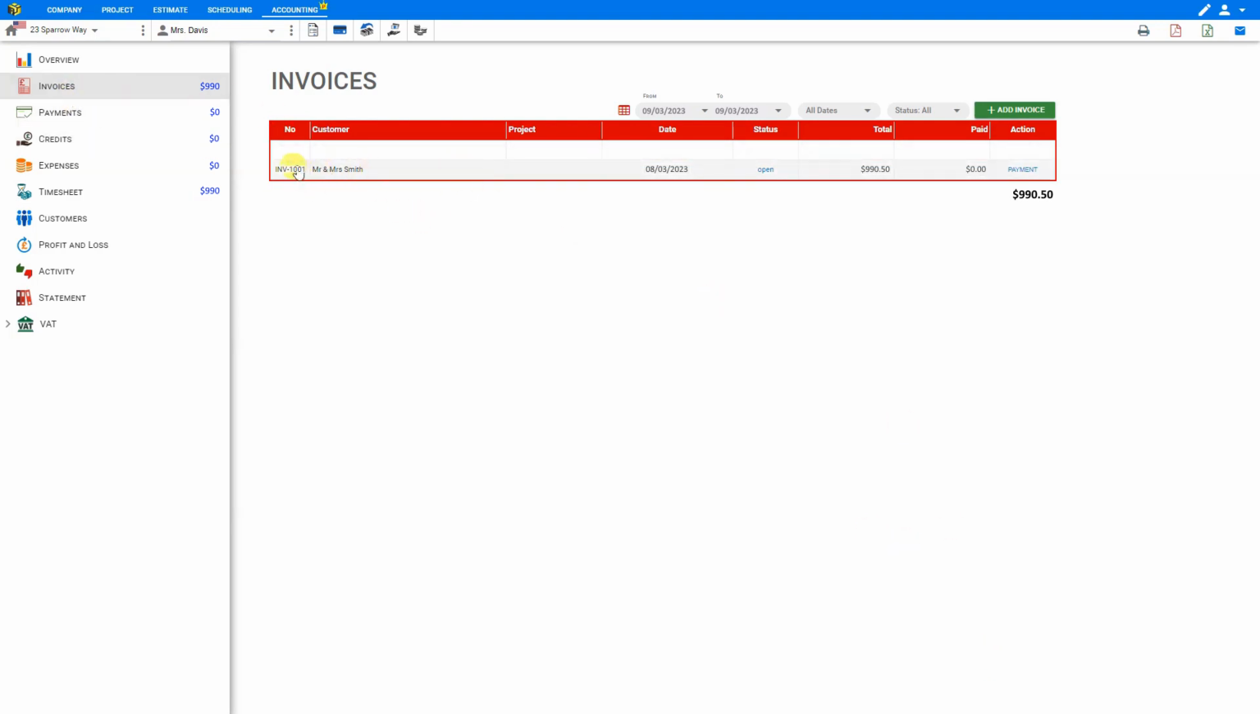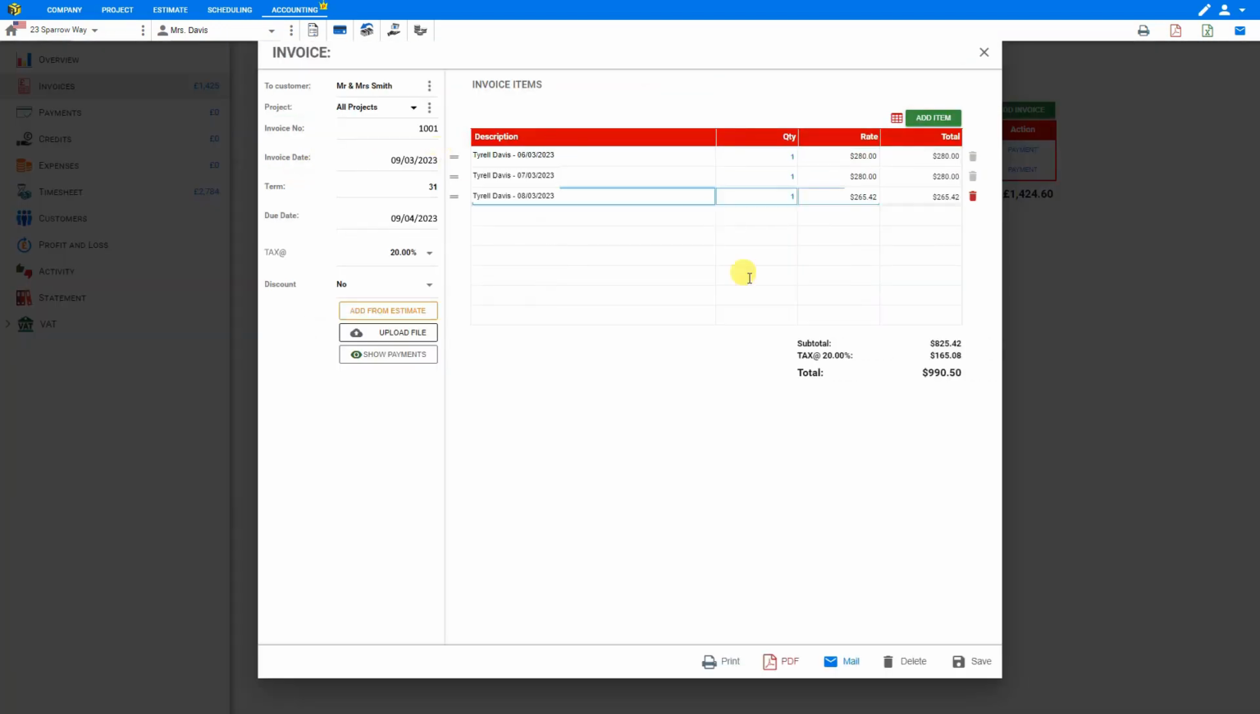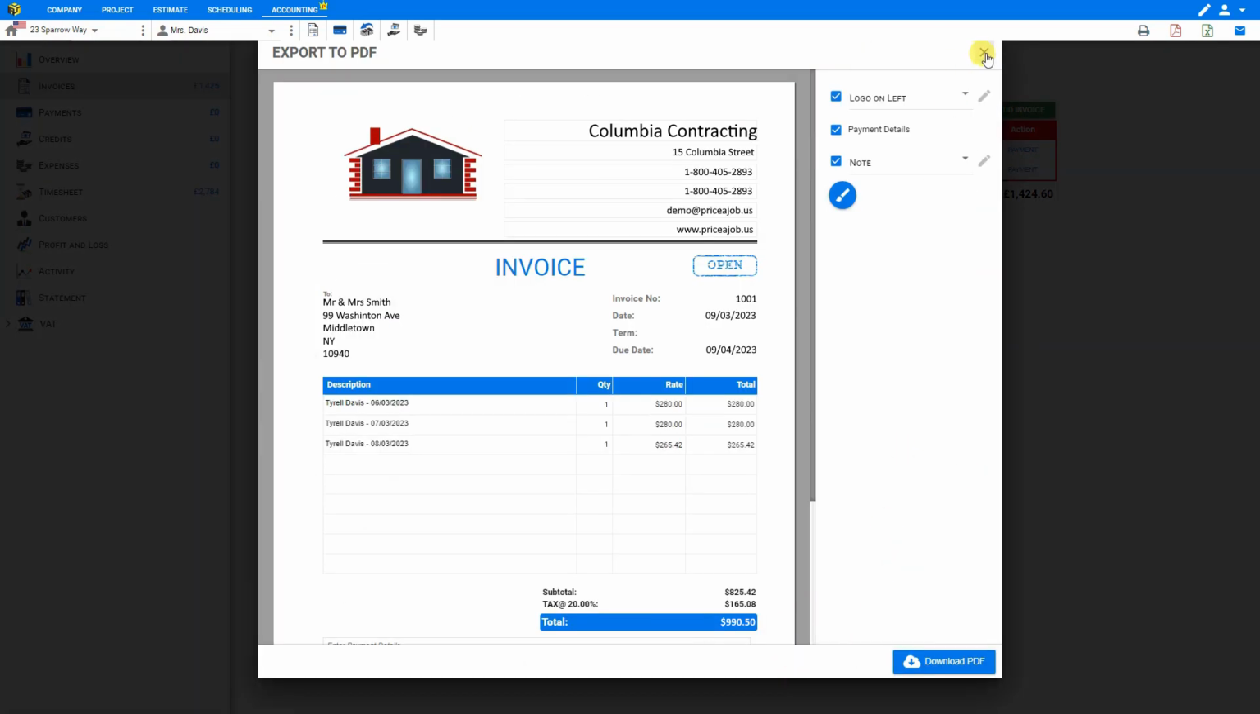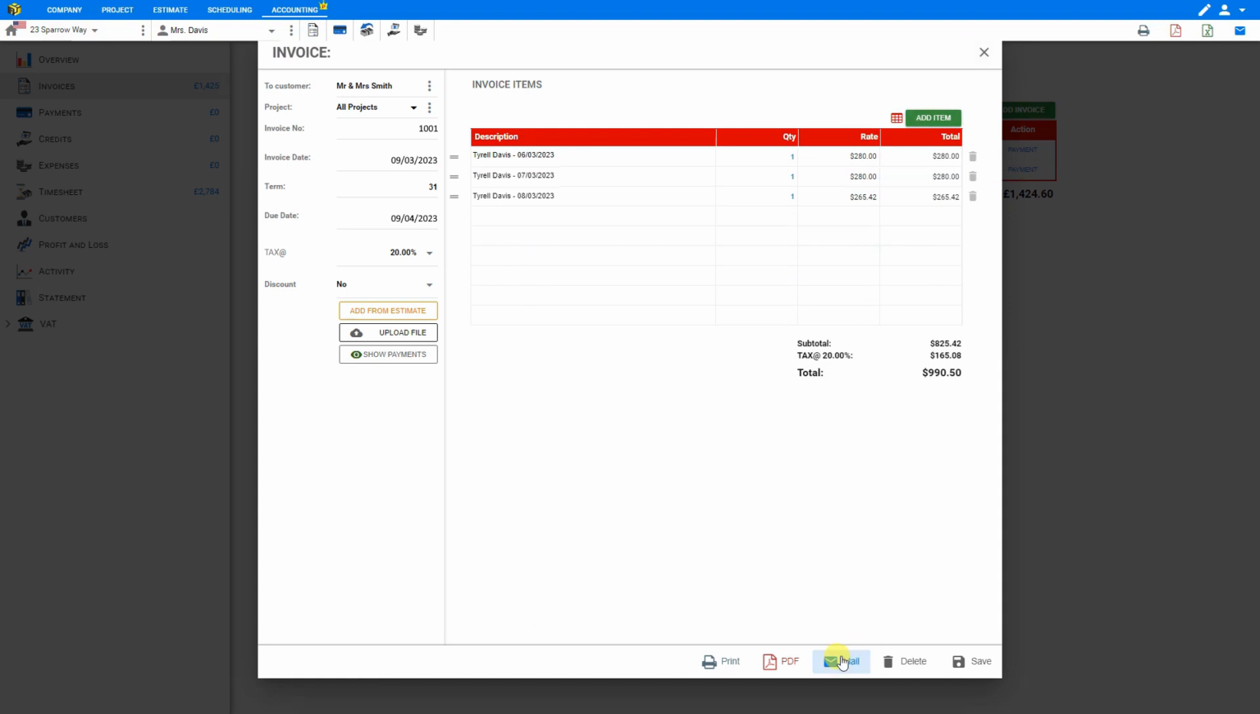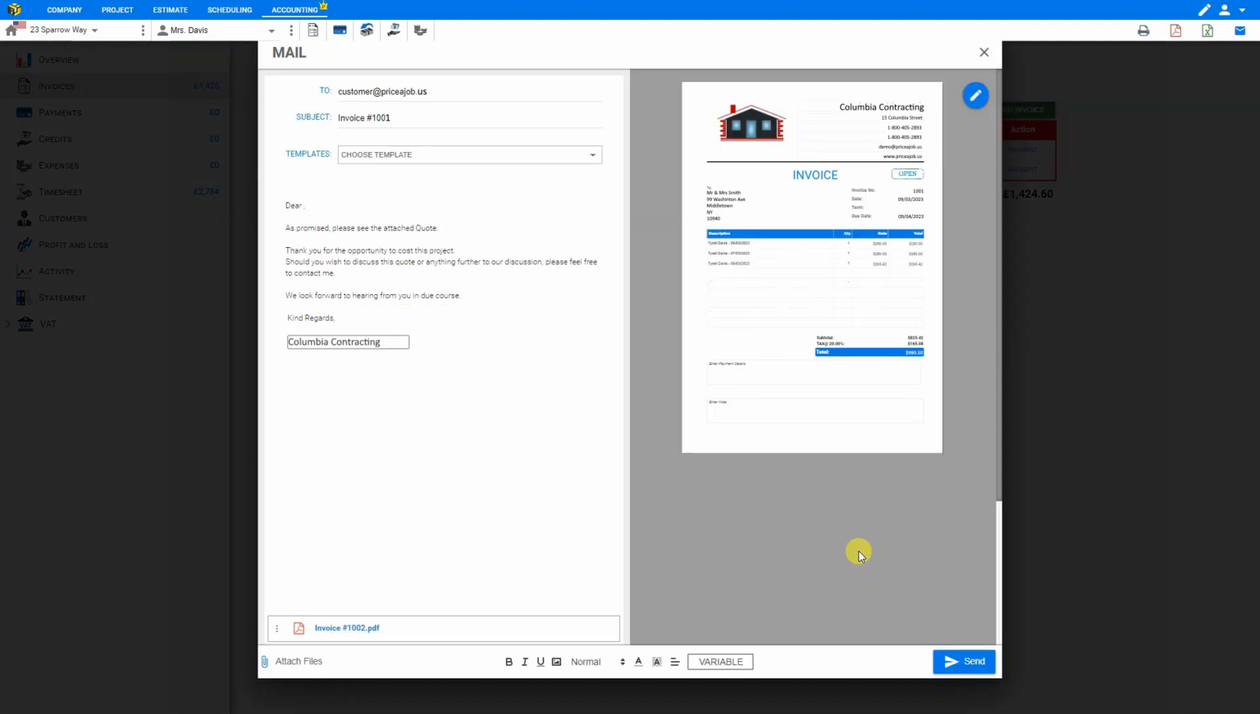To view this, we can click on the invoice number and view the invoice details. And you have the options to either print the invoice, export it as a PDF, or send it out by email using PriceOfJobs email servers,